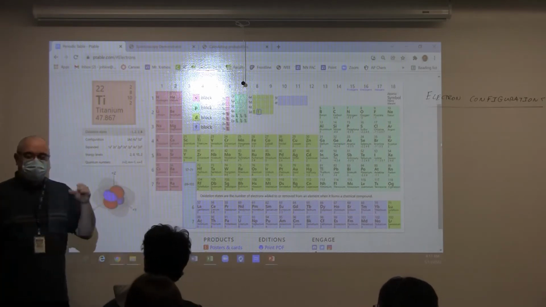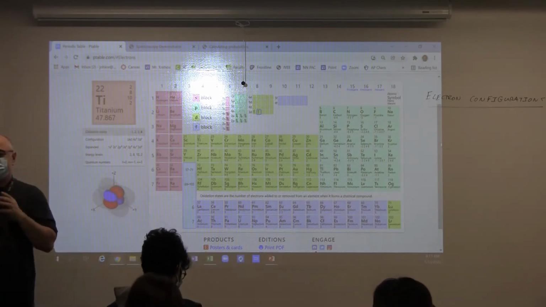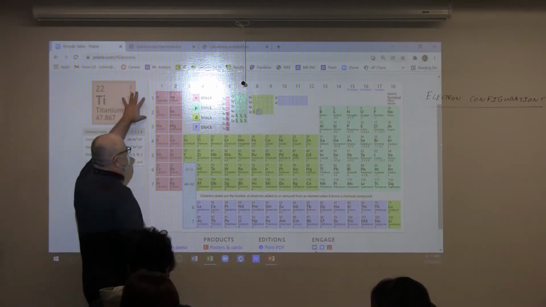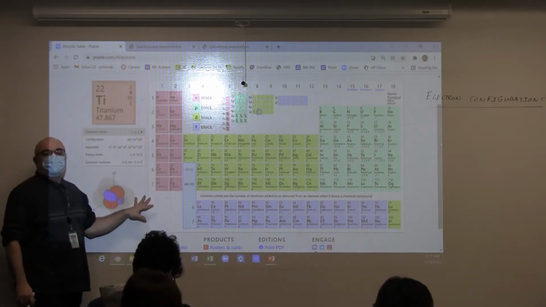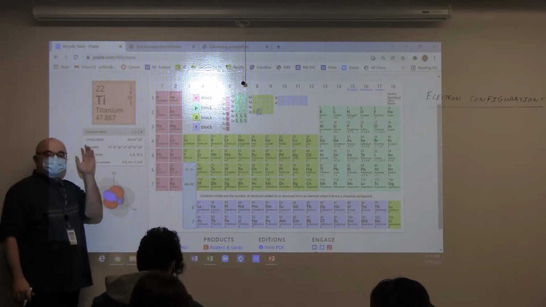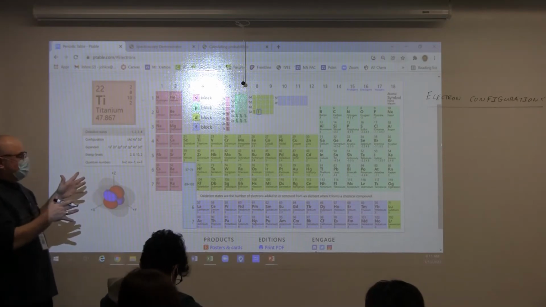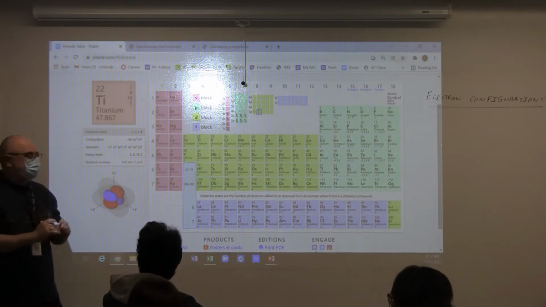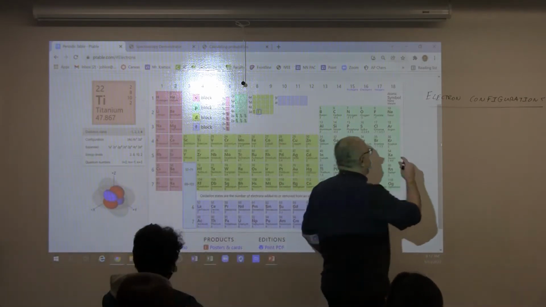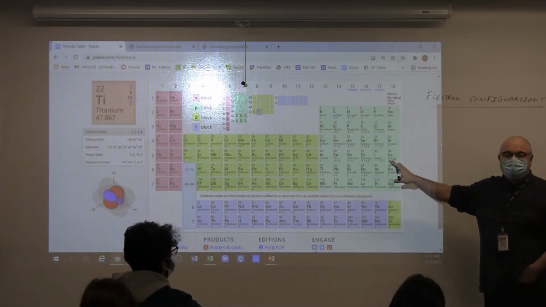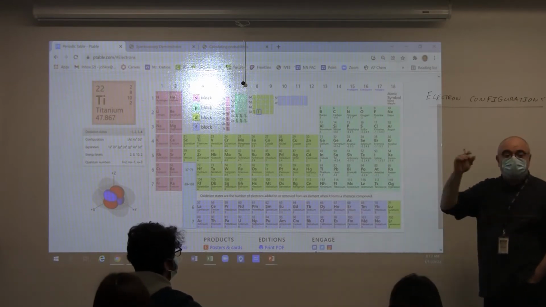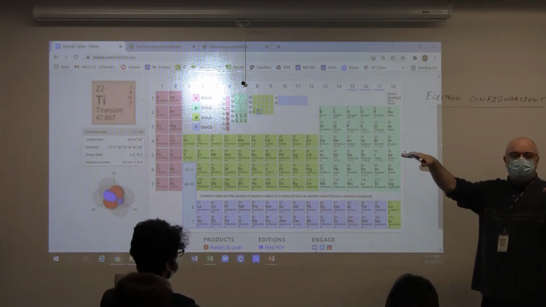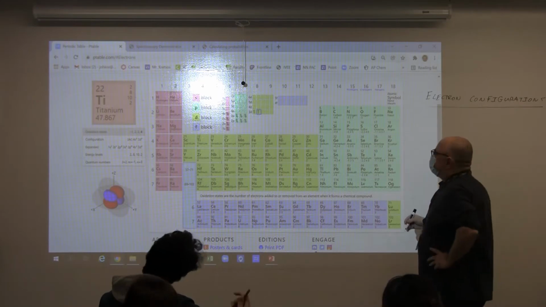Now, yesterday I started teaching configuration, so let's just start again so everybody can do it. If you look at this periodic table, it's really interesting that it models all the stuff about quantum theory in terms of the structure of how the electrons are arranged. So let me just start doing it first, and then I'll see if you start to pick up the pattern. It's just using this to establish a pattern, and once we can do that, I'll make it more clear what we're doing it for. So we said hydrogen